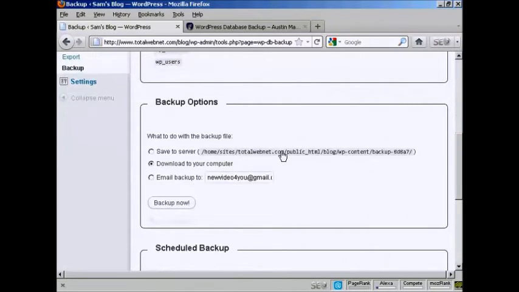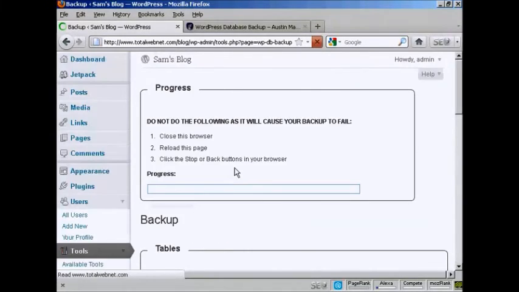what you can do is you can download it onto your server, download it onto your computer, or email the backup either to the email address that you've already got configured as part of your WordPress blog, or to any other address that you want, really. And once you've selected the option you want, click on Backup Now. In this particular case, I'm going to download it to my computer,